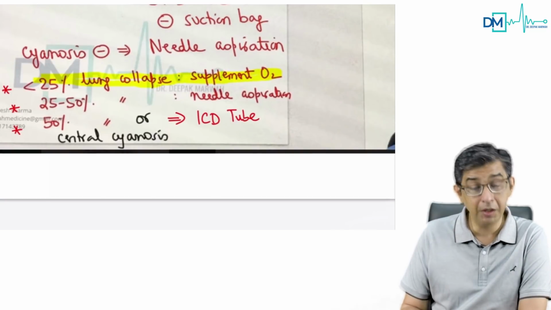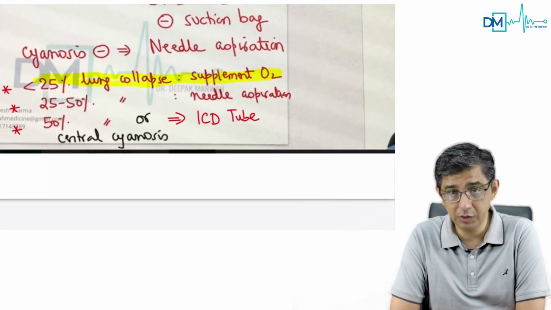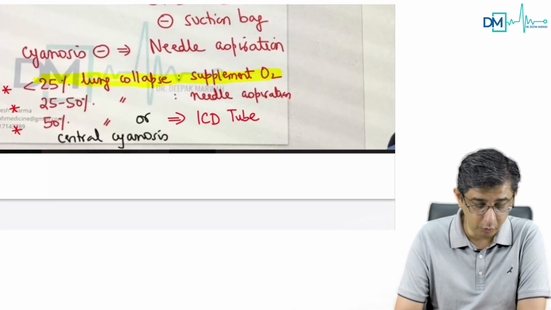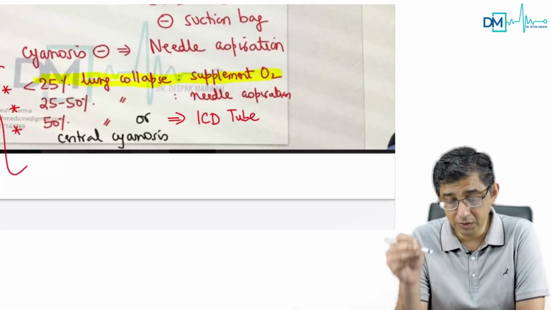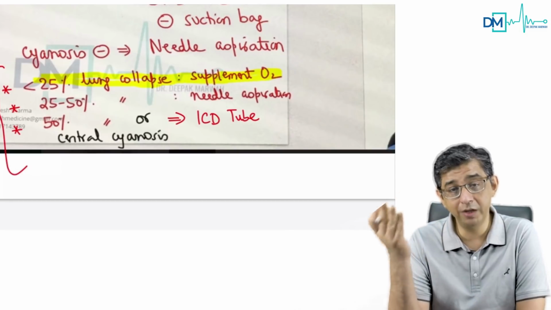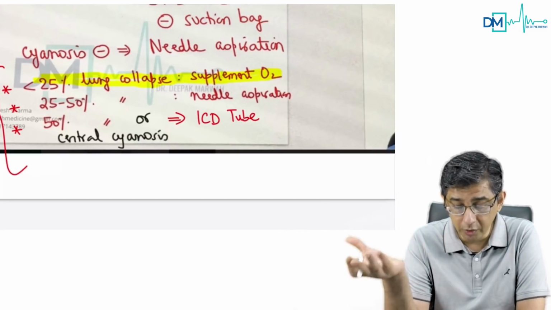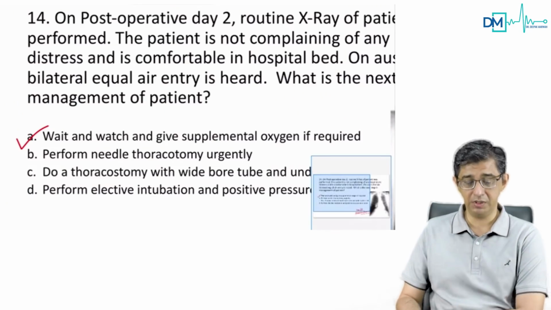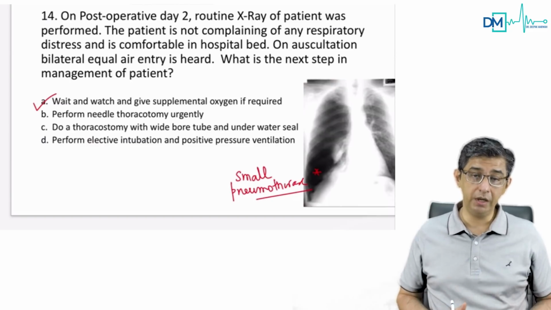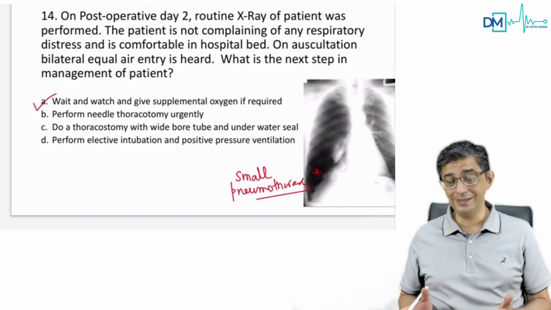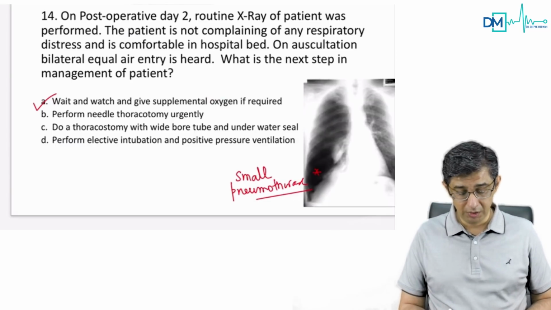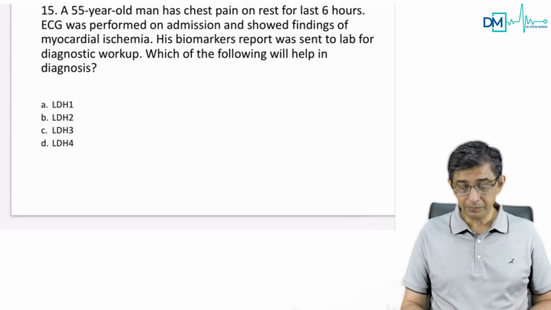That is a chest tube that would be put in the fifth intercostal space in the anterior axillary or mid axillary line in the triangle of safety. So for pneumothorax, guys, we are talking about a person having spontaneous pneumothorax. Spontaneous pneumothorax, the management depends upon the percentage of lung collapse. If it's a small pneumothorax not causing significant manifestations in a person, it is supplemental treatment only. But yes, if the same person is deteriorating, the pneumothorax component has increased in size, there's cyanosis, you will have to put in a chest tube. Answer to this question is alpha. We move to the next one.